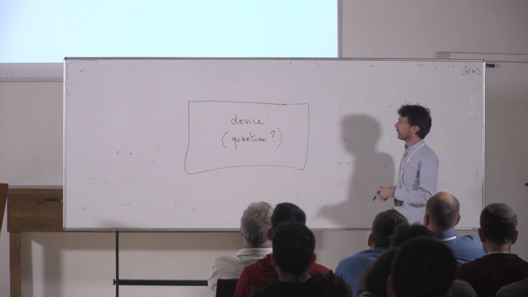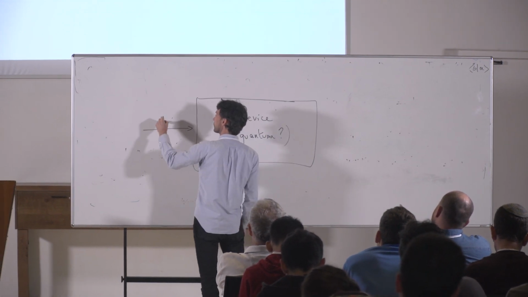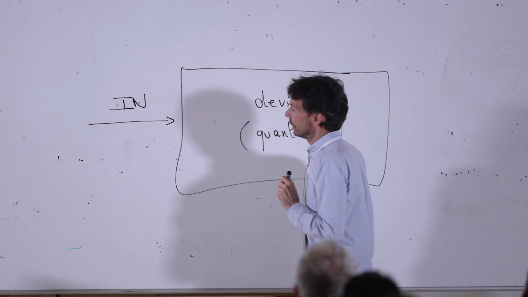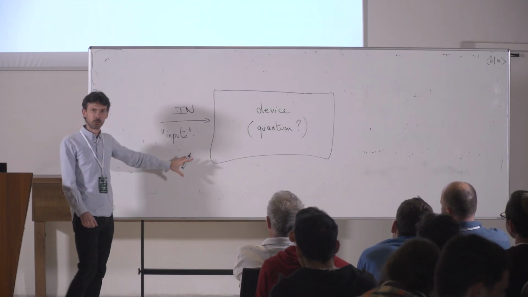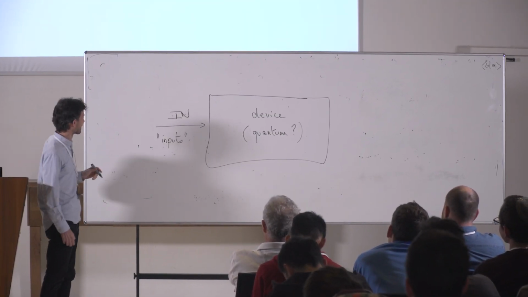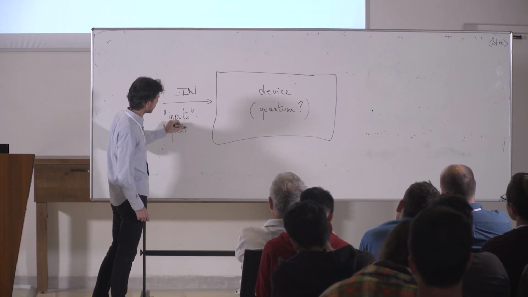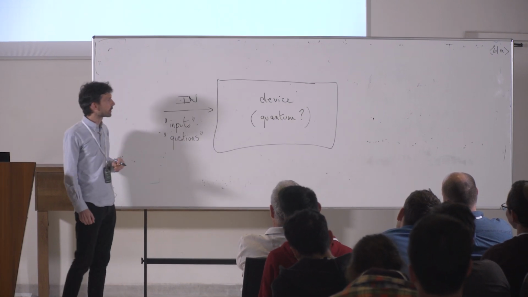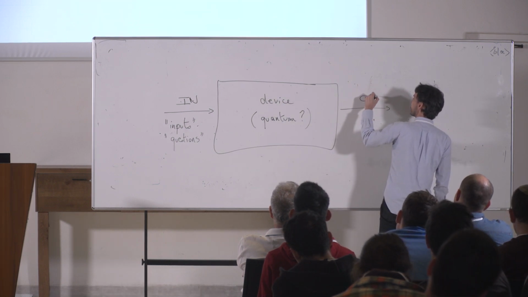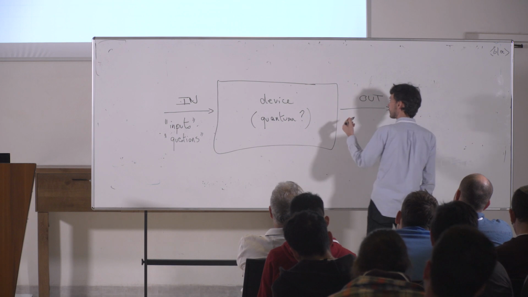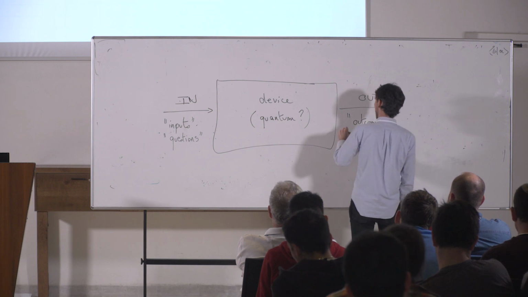The way I interact with it is by providing inputs and collecting outputs. So there's a way here to provide instructions. So this is the in channel. So these instructions, I can call them inputs. Also here, I'll try not to use the bottom too much because I know at the back it's hard. So you can call them input, or you can call them questions, because we think that we're executing some kind of a test with this device. Then the device runs for some amount of time, and it produces an output. So this output, I can think of it as outcomes or answers